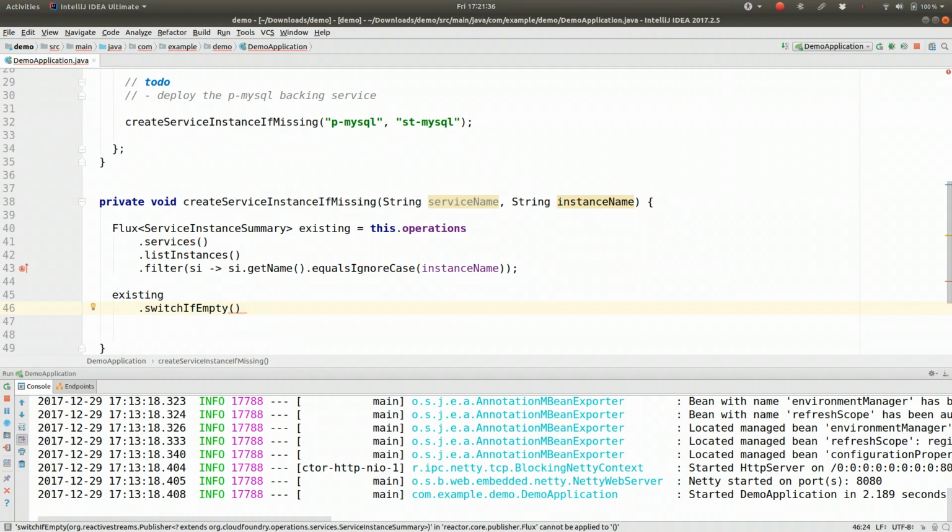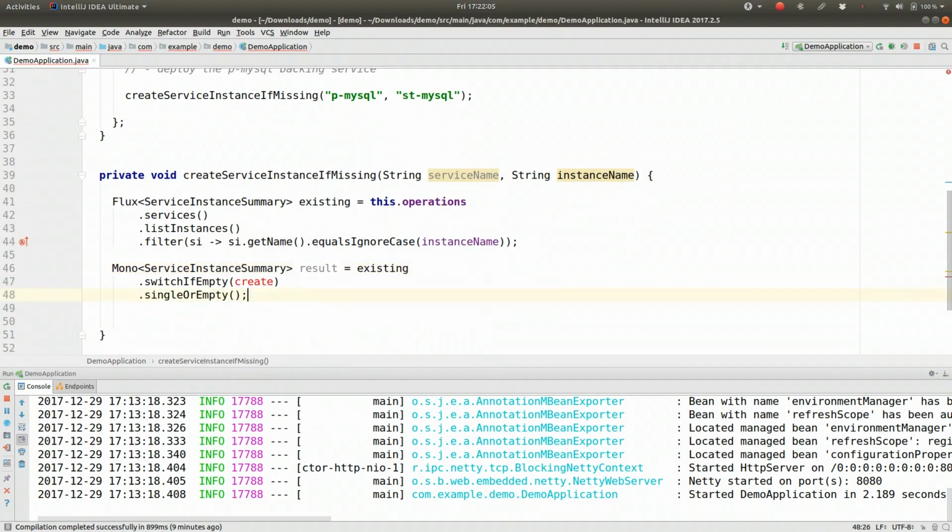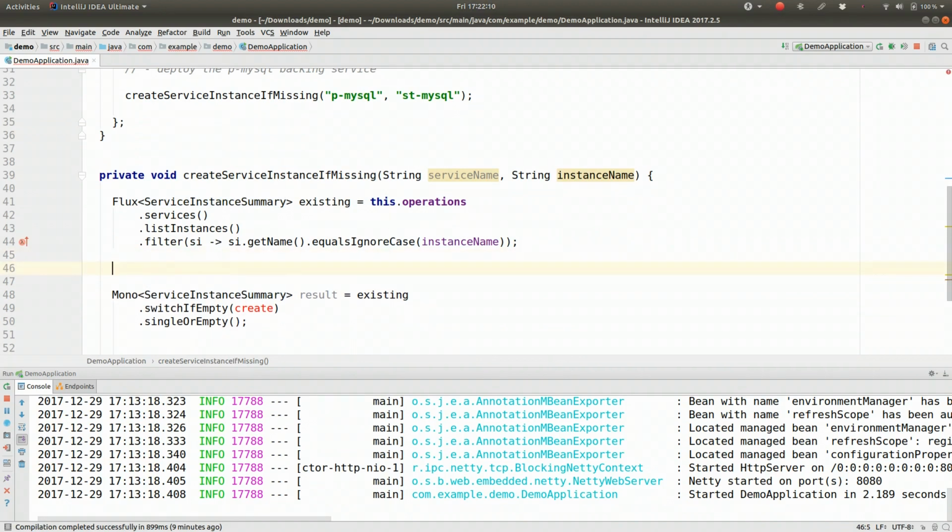So we need to switch and use a different publisher instead to handle this request. So that's what we're going to do. Let's switch to a crate there, and then we'll just return a single or empty, and this will be a result, right? So Mono of ServiceInstanceSummary. So we need to have a crate call in there somewhere, and that crate is going to say this dot